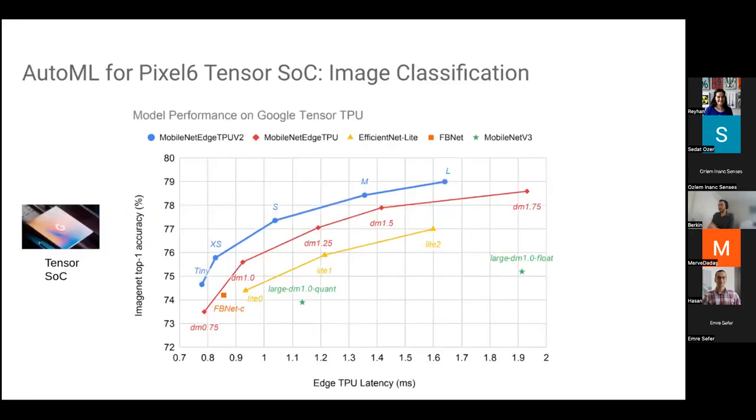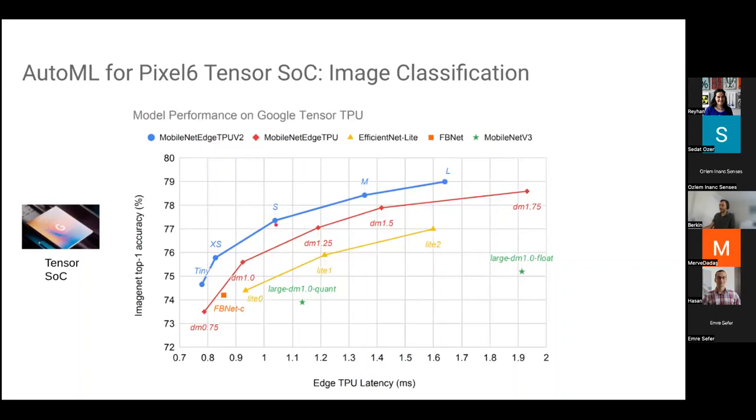Yeah, so this is the follow-up work that we did for the most recent version of the Pixel phone that has this tensor system on chip, which has our TPU in it. As a result of that AutoML search, we produced some neural networks that we call MobileNet HTPU v2. The previous one was just MobileNet HTPU. And we compare it to other popular networks such as EfficientNet Lite, FBNet, MobileNet v3. We observe that this new search space actually gives us much better trade-offs, and it can increase the quality